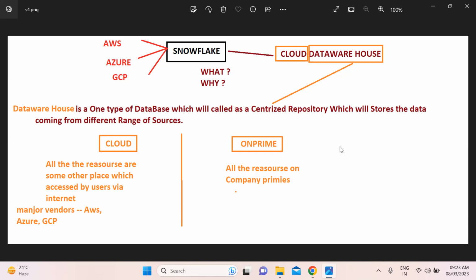And also infinite scaling from a storage and computing point of view. You can go beyond your usage.